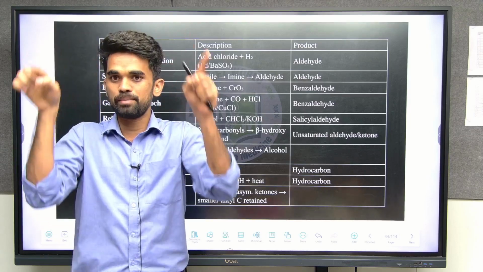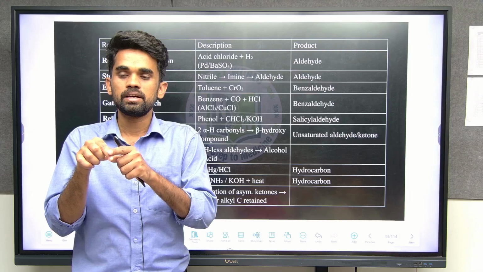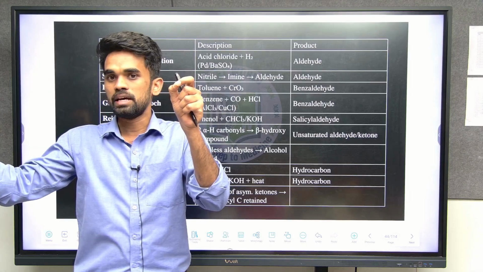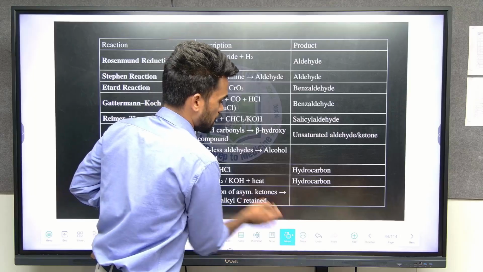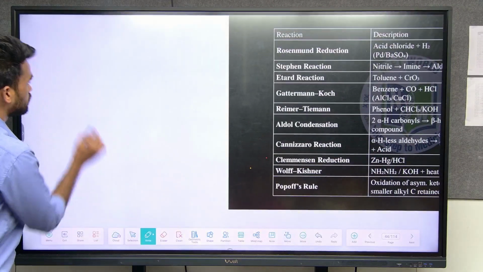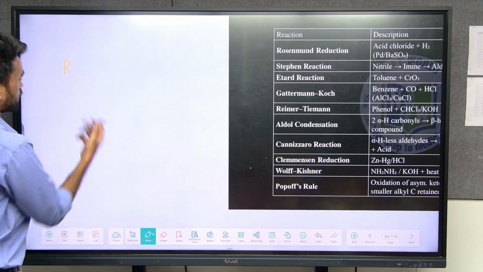So we have a table. What does the table say? How primary alcohol can be converted into the respective oxidized products. If I have primary alcohol, tell me how I can convert it, what are the oxidizing agents I have? Okay, I am writing here